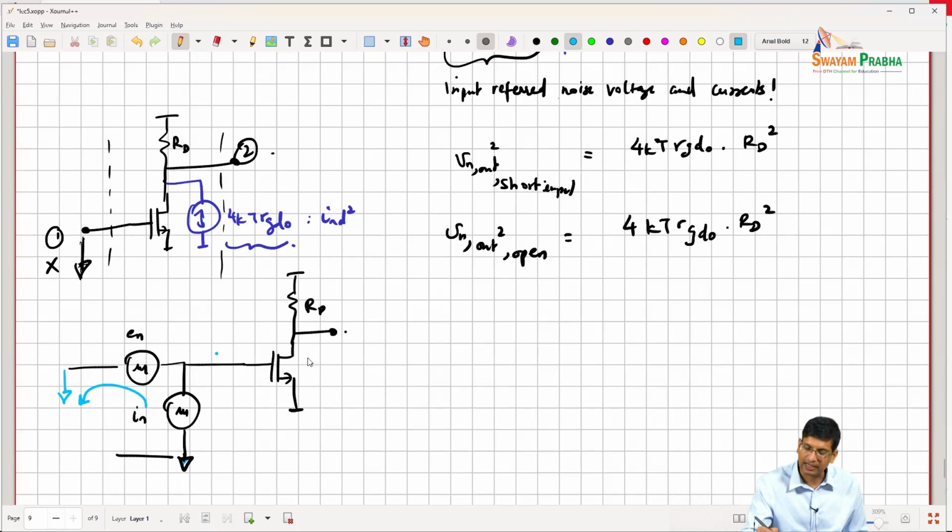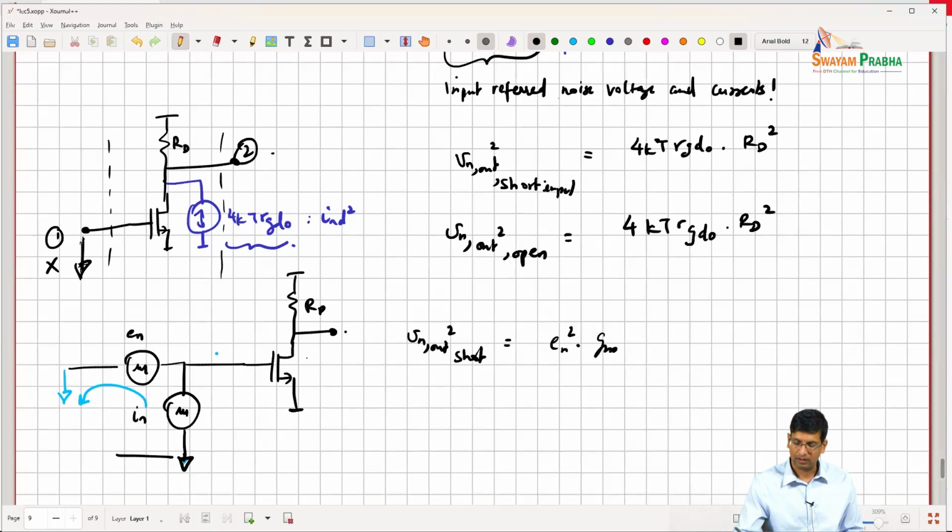So in this case, my Vn,out,short will be En squared times (gm RD) the whole square. But if I open this,